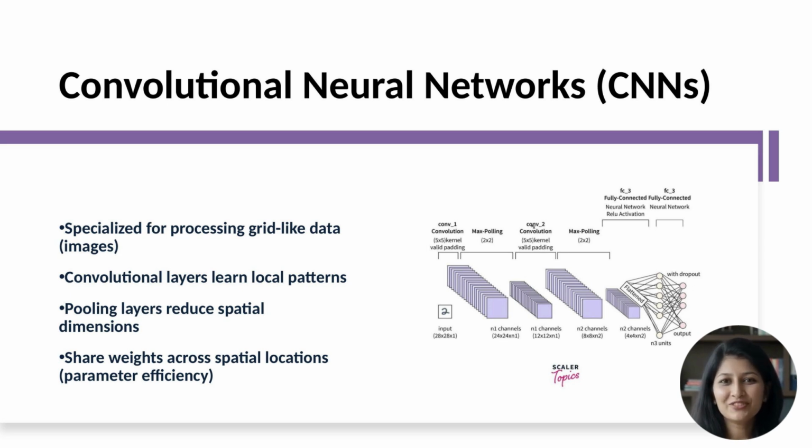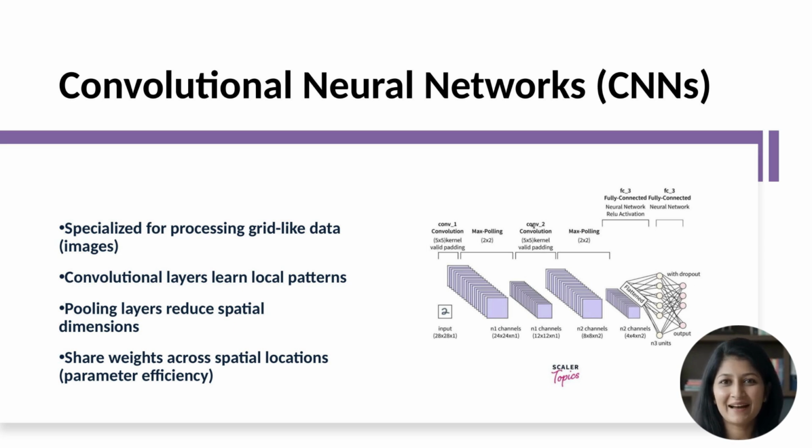Convolutional layers use filters, small matrices that slide across the image detecting patterns. A filter might detect vertical edges, another horizontal edges, another corners, another textures. Each filter produces a feature map showing where that pattern appears in the image. Early layers learn simple patterns like edges. Deeper layers combine these to detect more complex structures like textures, then parts, then whole objects.